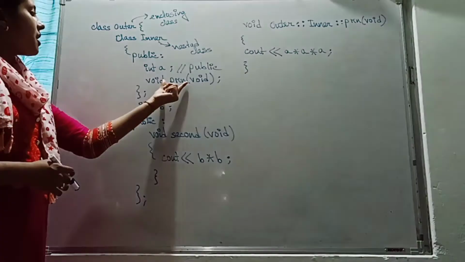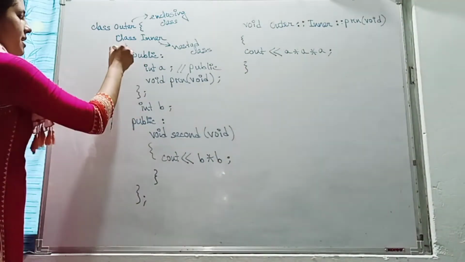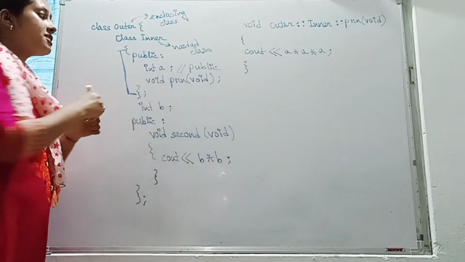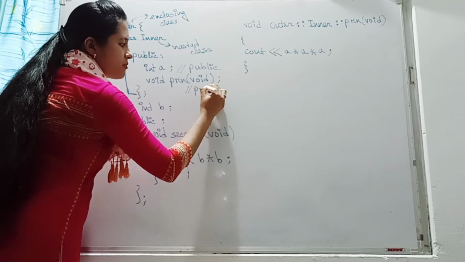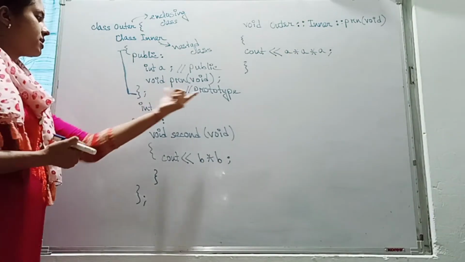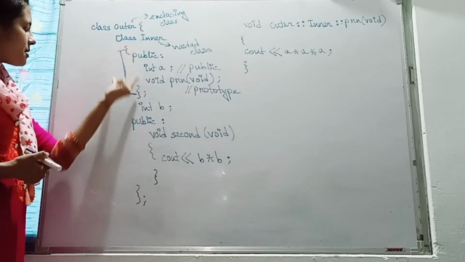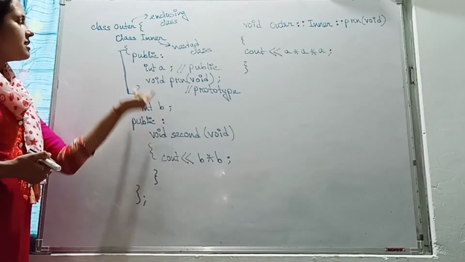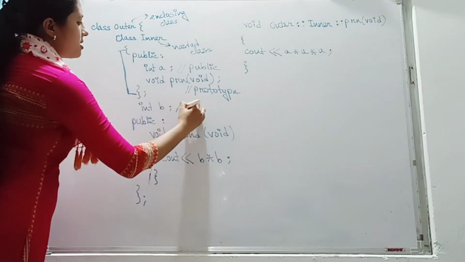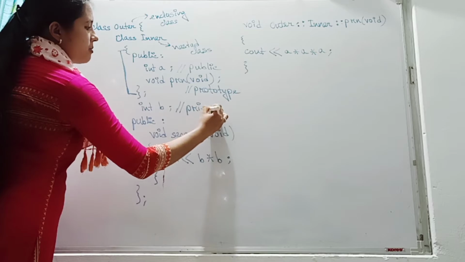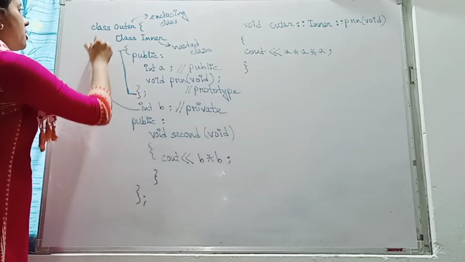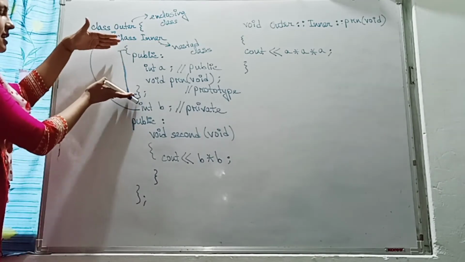functions. Okay. Now you see here my inner class is over. Inner class definition is over. Here we have just given the function prototype. This is only the prototype. We have not defined the function here. We can declare it outside also, define it outside also. This is only the declaration, that is the prototype. Now here my inner class is over. Then this is the outer class's data member. This is private, because it is not assigned any visibility mode before it. So this data member belongs to the outer class, you remember, because the inner class is up to this one.